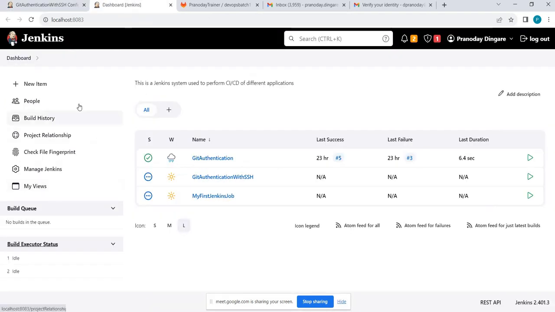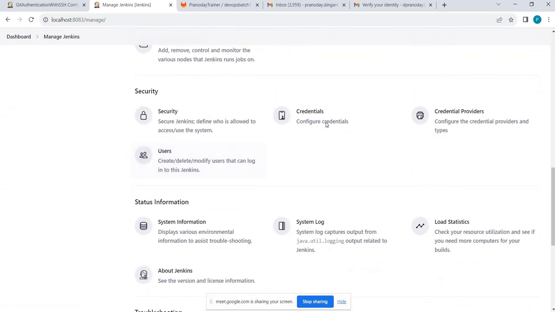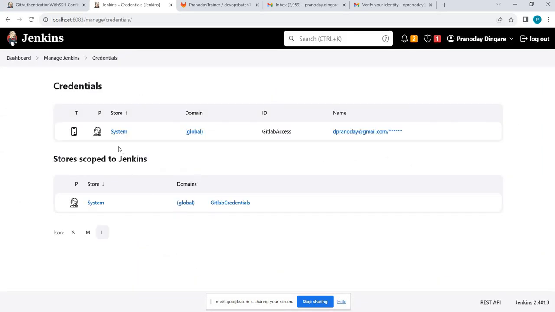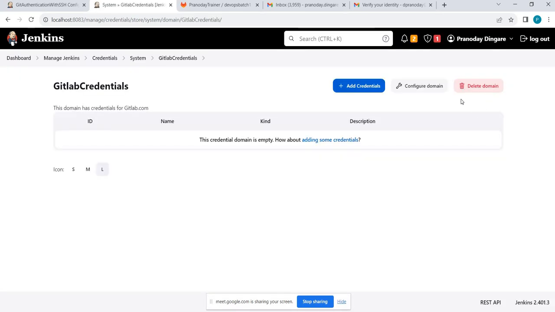Dashboard. Let me go to the credentials again. Let me go here. Just a minute. GitLab credentials, and